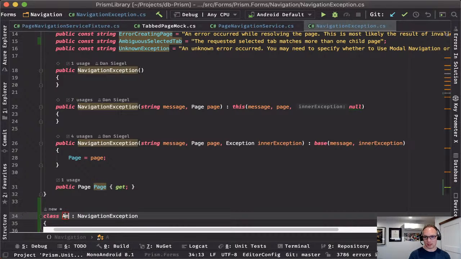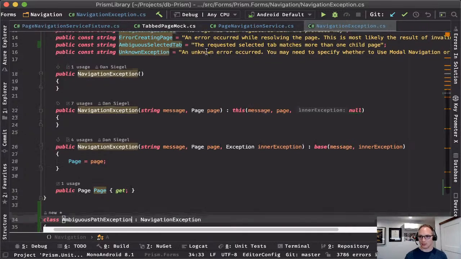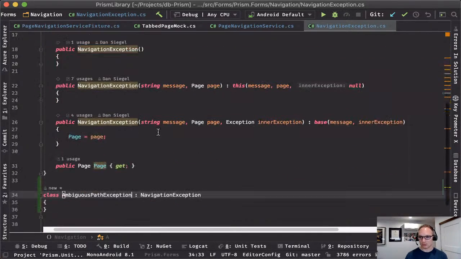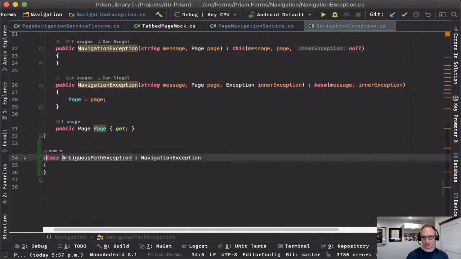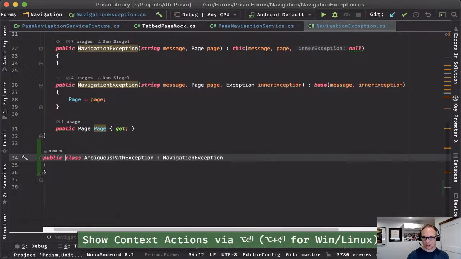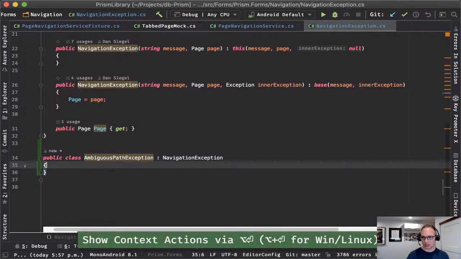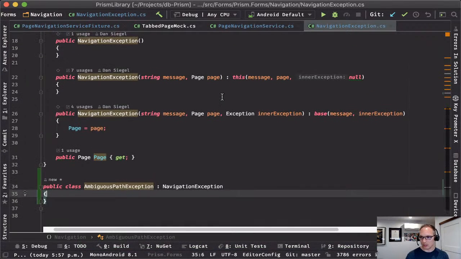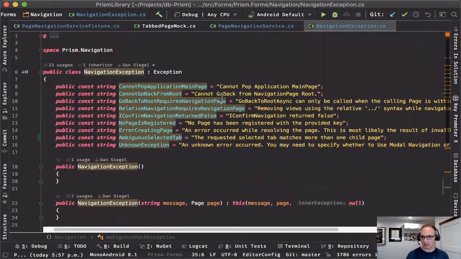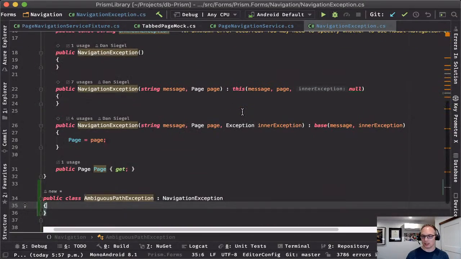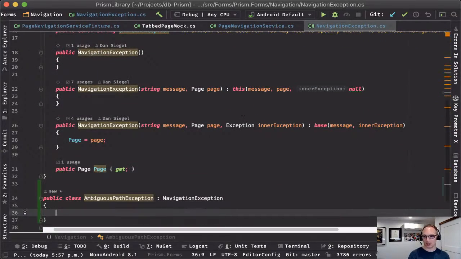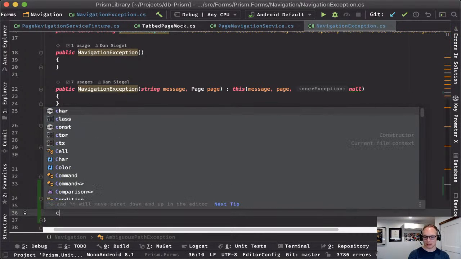We'll call this ambiguous path exception. Cool. Public, and so I assume you just want to specify, so we'll just go ctor